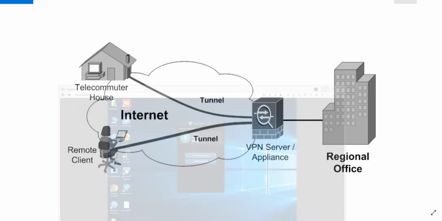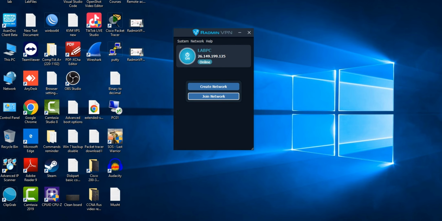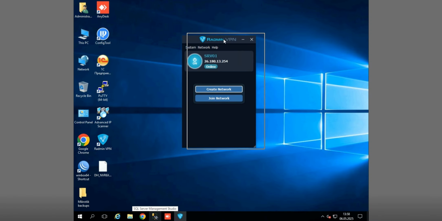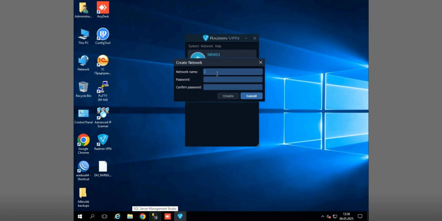Okay. Also, I installed this application on my client computer as well. My client computer's name is Lab PC. So now what should I do? First of all, on the server side, I should create a network. Create network, press here. Just make some network name. For example, Mush04,